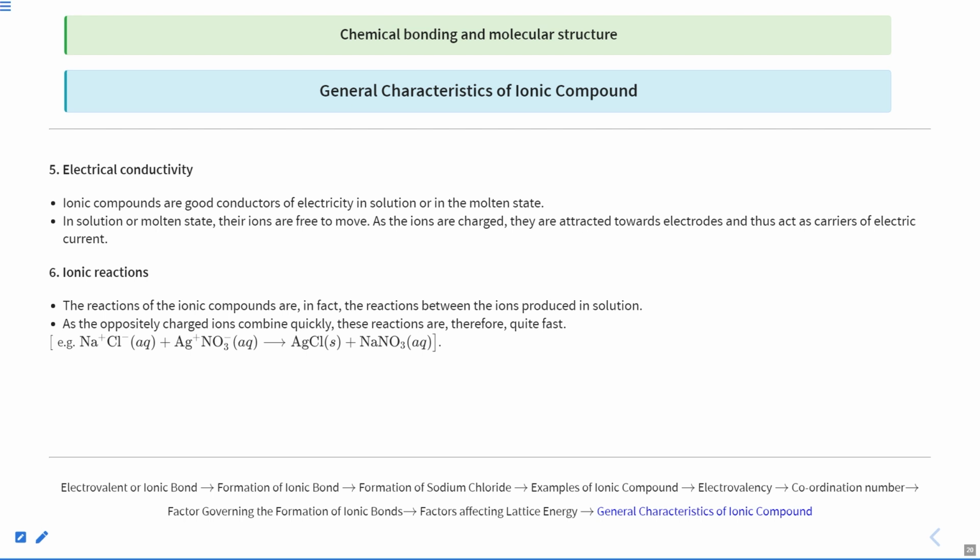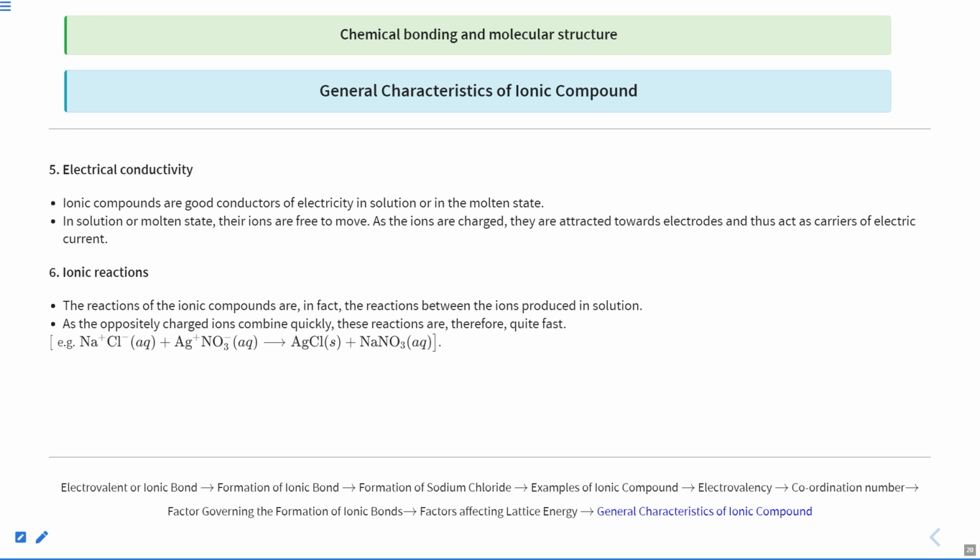Now, in a solution or molten state, their ions are free to move, right? So why is it so? Why are we taking this in the molten or solution state? Because in that case, they are free to move as the ions are charged and they are attracted towards electrodes. Thus, they act as carriers of electric current. Because if you take the solid form, they cannot be detached in any way. But once you get it in the solution phase or in the molten state, then the ions can move freely